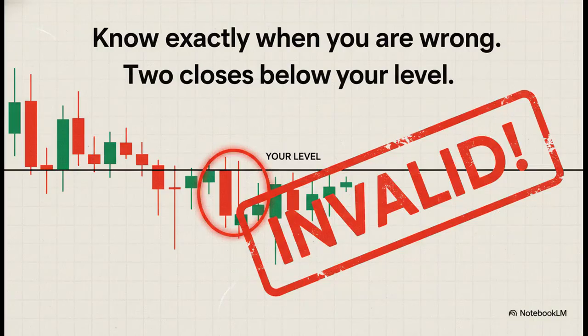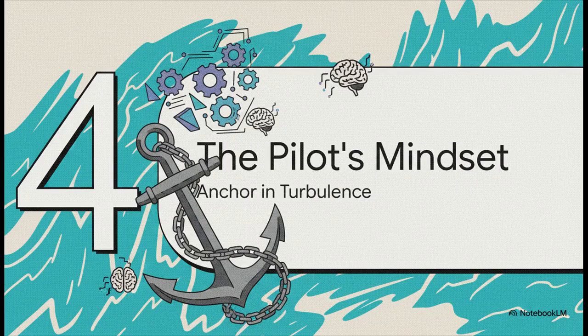And this leads us to your invalidation point. Your stop loss isn't just some random number. It is tied directly to the system's rules. If your whole trade idea is based on price holding a support level and you get 2 closes below it, the trade is mechanically invalidated. You get out. No second guessing, no hoping, no exceptions. Period. And finally, we get to what is maybe the most important piece of this whole puzzle: the psychological framework.